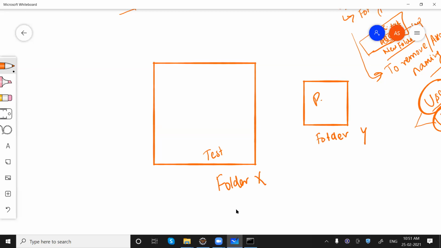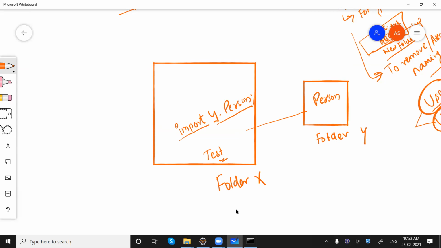Here we have a class person. We want to use this class from folder X. Then what we need to do is write import Y.Person. When I write like this, in this test class, I can use it.